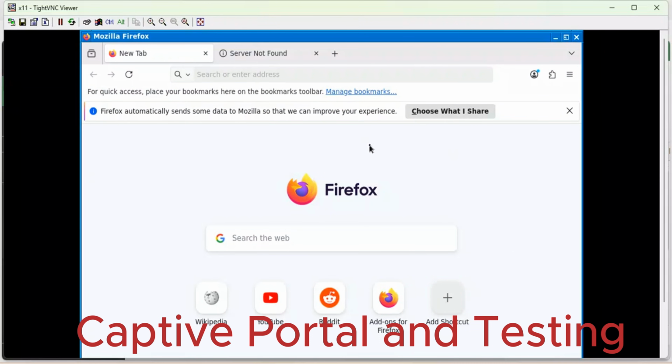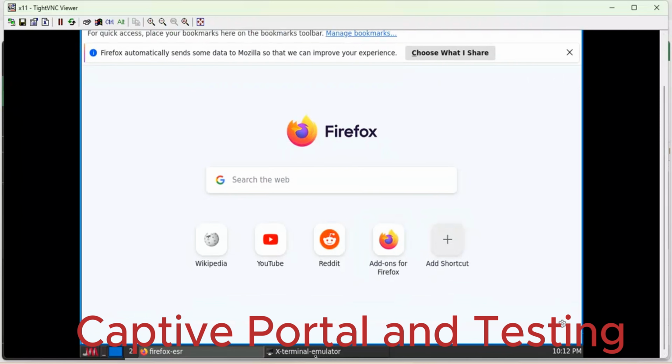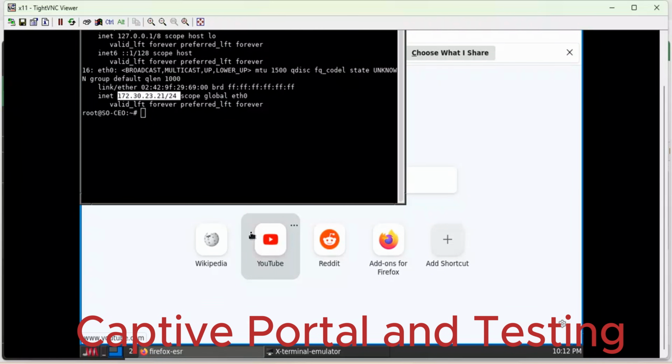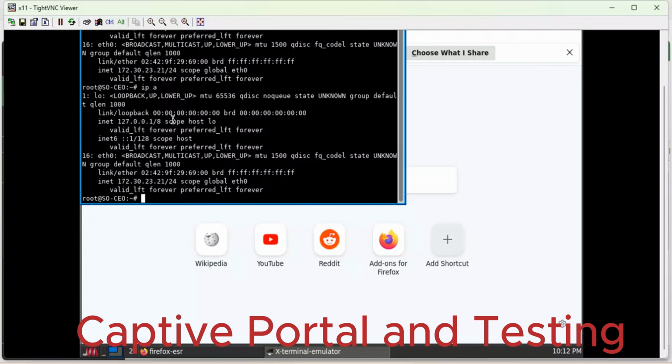So you see, the moment you configure captive portal security, you will notice that when you open a browser, it will give you a pop-up that you have to sign in for you to access the resources. First thing, I'll access the IP. I'll try to verify the IP address. You see, it has received IP address from